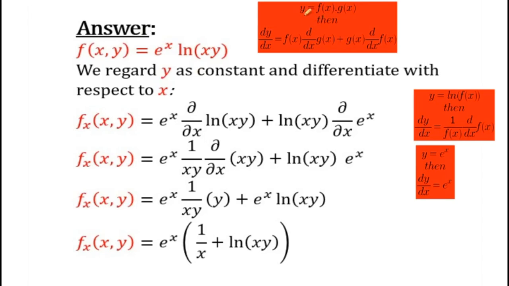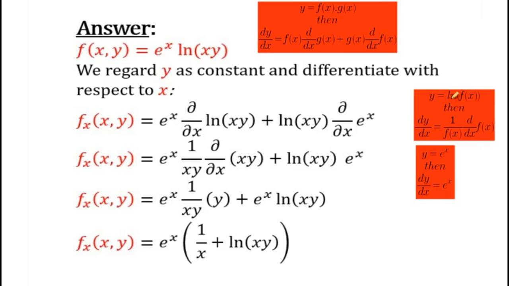first we have to work on the formulas. If a product of functions is given, that is y is equal to f of x into g of x, two functions are given, then the derivative of y, dy by dx, is: first function remains as it is, and the derivative of the second function, plus the second function remains as it is, and the derivative of the first function.